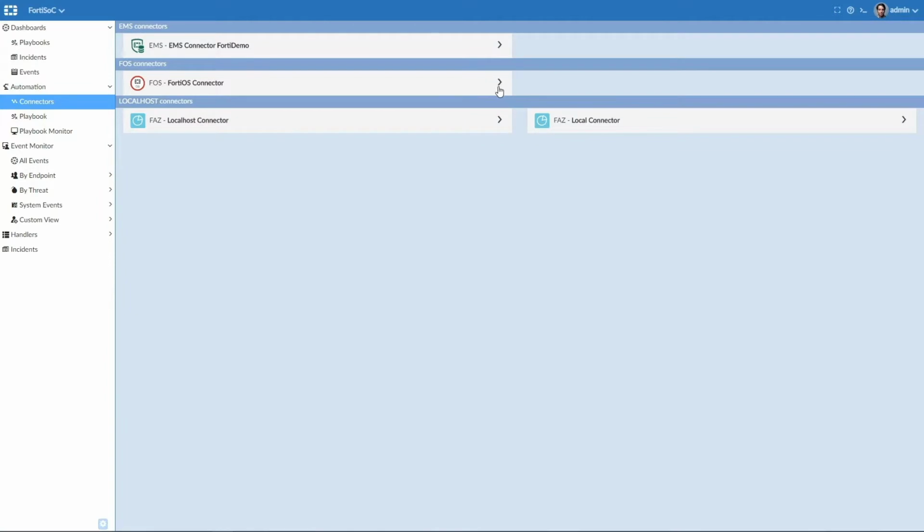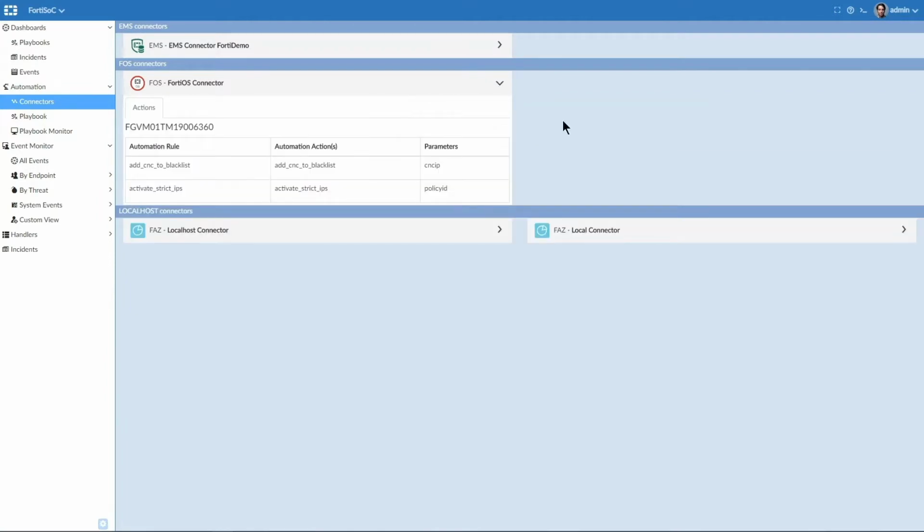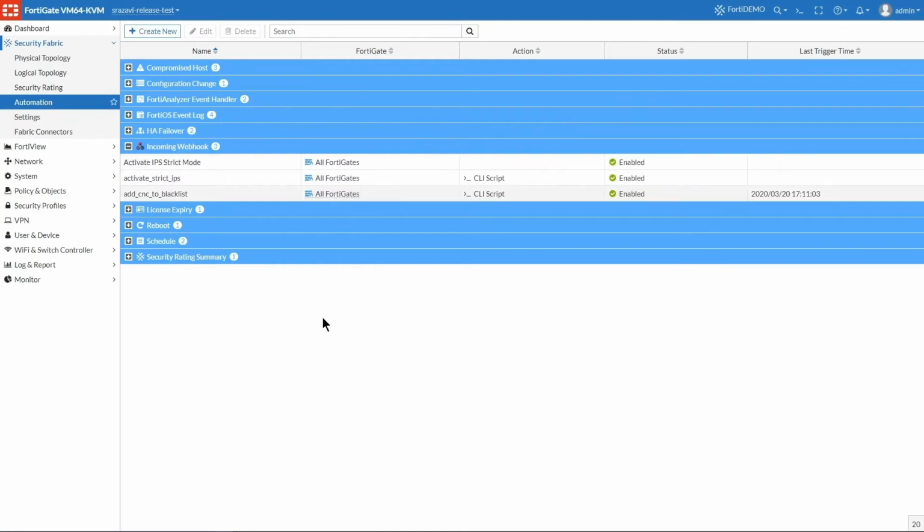FortiOS connector offers actions which are defined as part of the automation capability on FortiOS. So you can see that on FortiOS side, we have some automation rules defined under type incoming webhook. This is a new trigger type introduced in FortiOS 6.4. And with that, we would be able to trigger an automation rule from an external platform, which is in this